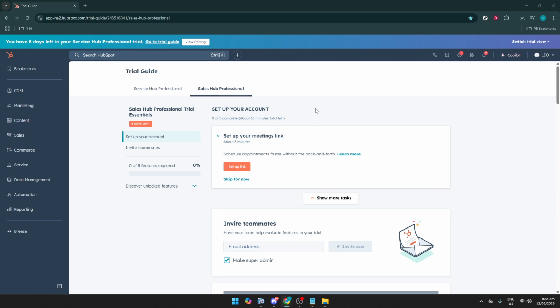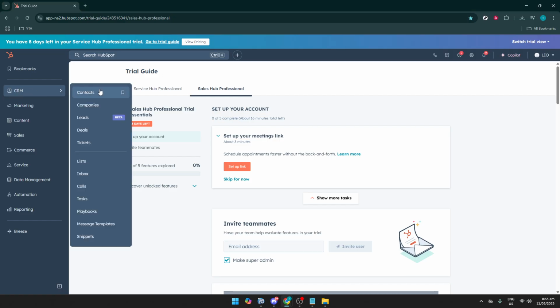Next, once you're in the trial guide, look for the CRM option and click on it. The Customer Relationship Management, or CRM tool, is the hub for all your contact management activities. By clicking on CRM, you're stepping into the center of your data-driven interactions, where you can track, manage, and nurture